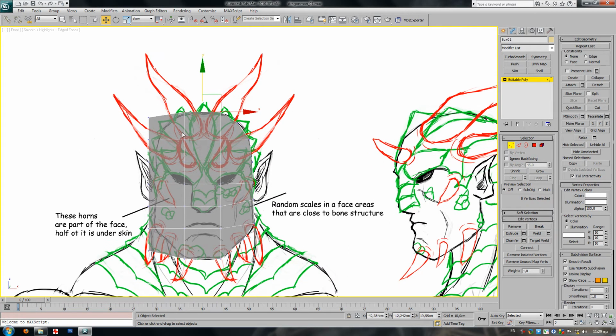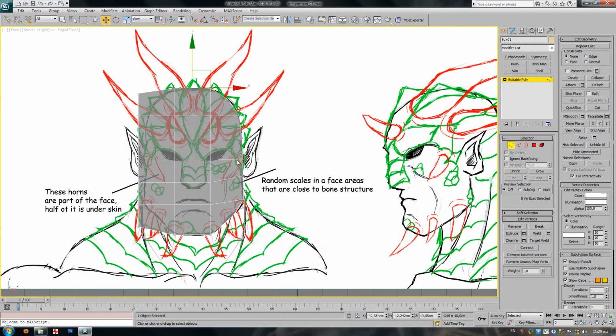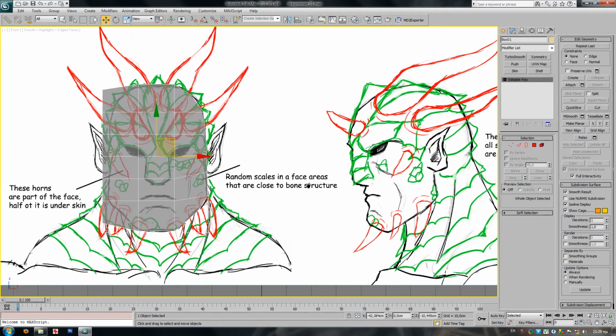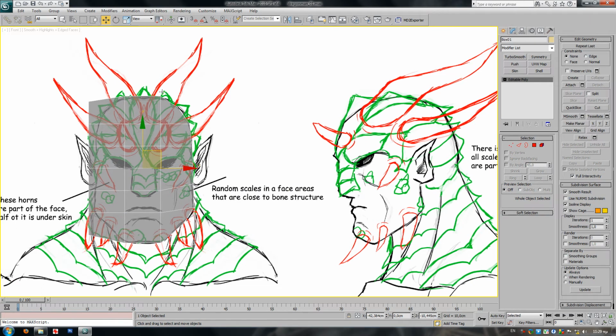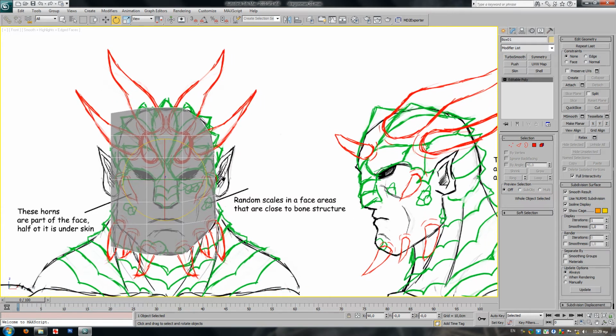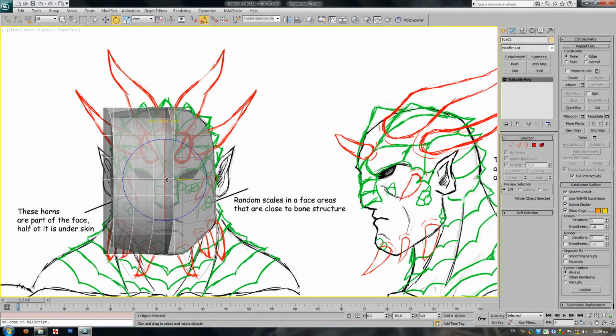And you can see I'm only bothering with half of the face because that's what I'm going to use, because we're going to use a Symmetry Modifier. Now, in order to make things easier, I'm going to select the Rotate tool, E on your keyboard, and I'm going to just turn on the angle snap toggle and shift rotate it on the y-axis,